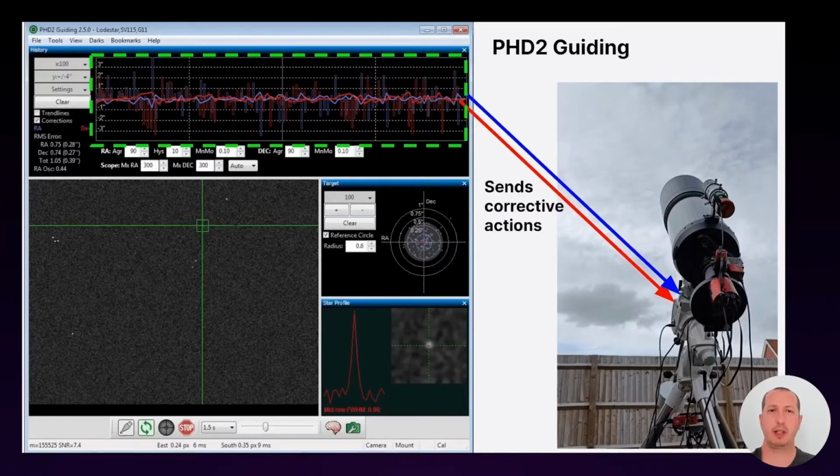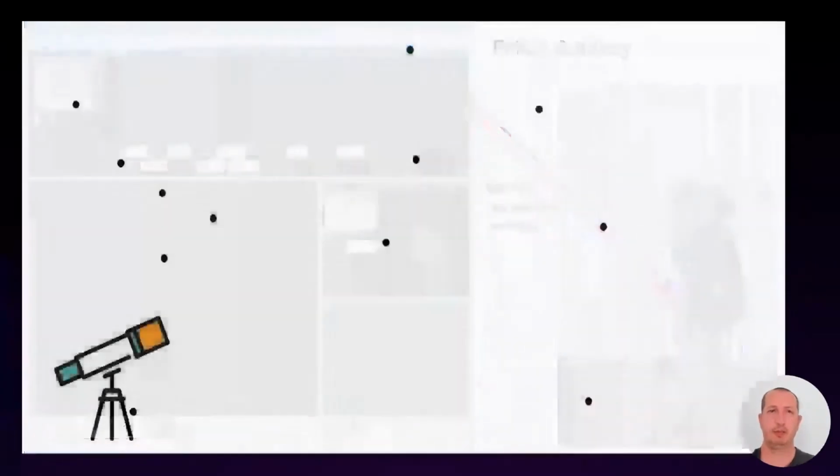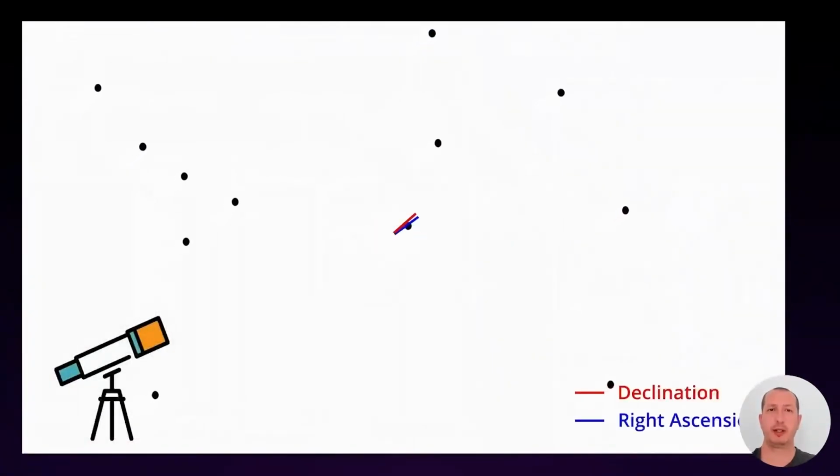You can see these red and blue lines in the graph at the top. These are calculations PHD2 constantly makes to calculate how far you have drifted away from the correct location and how big these corrections should be. The flatter the graph, the smaller the corrections were, and you're really trying to aim for a graph that's as flat as possible. No large spikes or anything like that. These corrections are constantly made in declination and right ascension. This loop runs constantly every 1 or 2 seconds for the whole night, constantly sending small little corrective pulses to